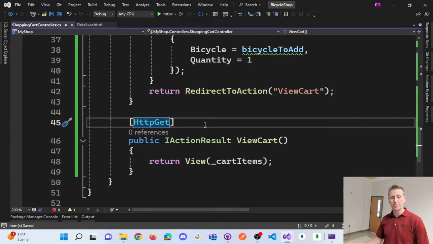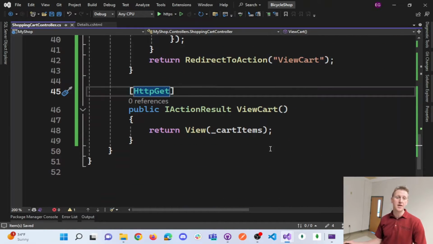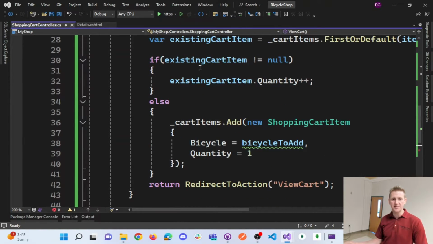Okay, now I want to show a problem with this sequence of events so that we can implement a solution to that problem. Now, if I put a breakpoint here on my view cart method,